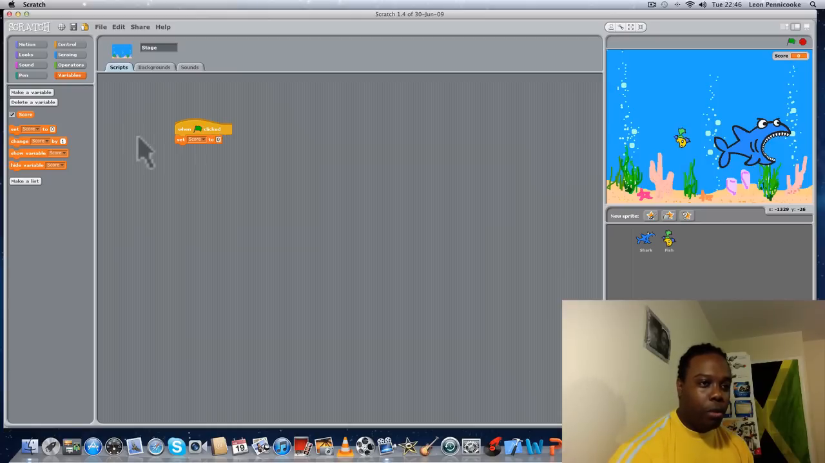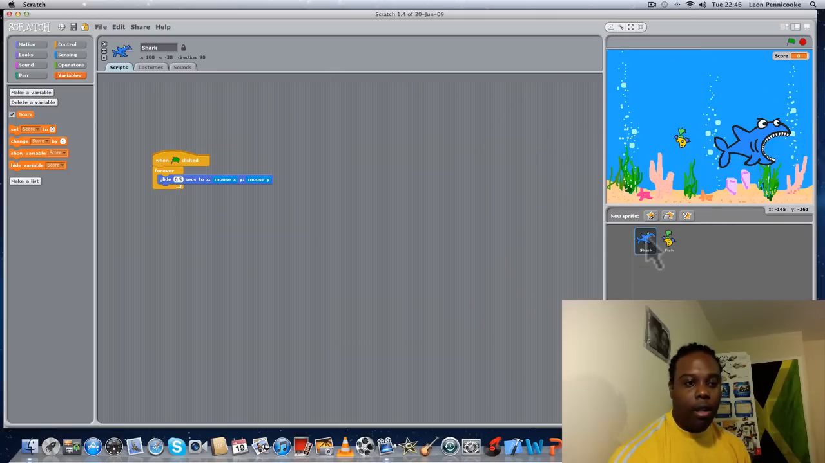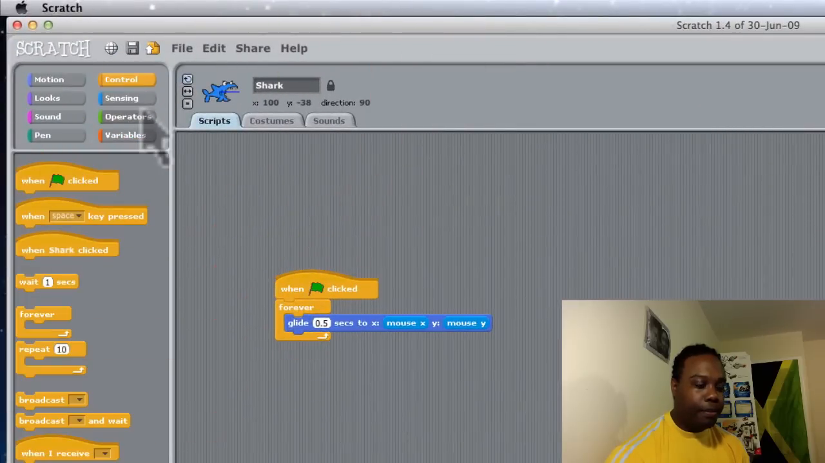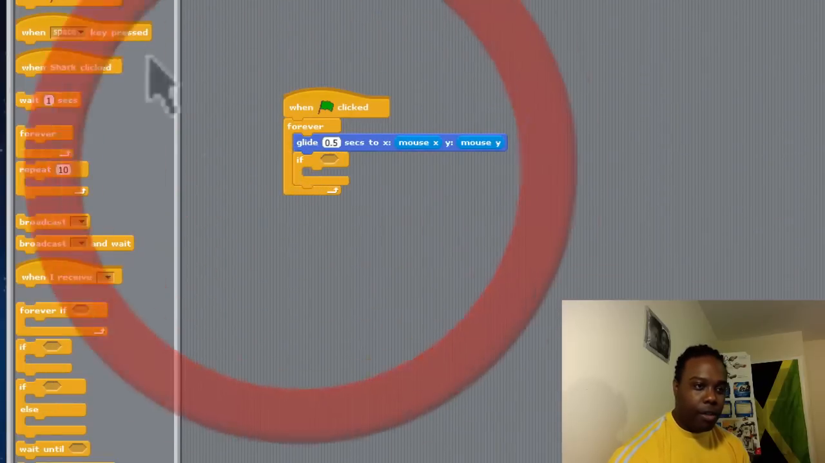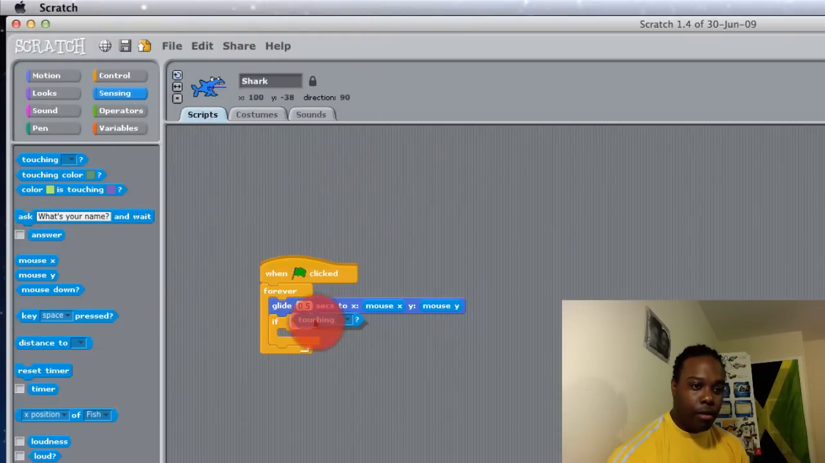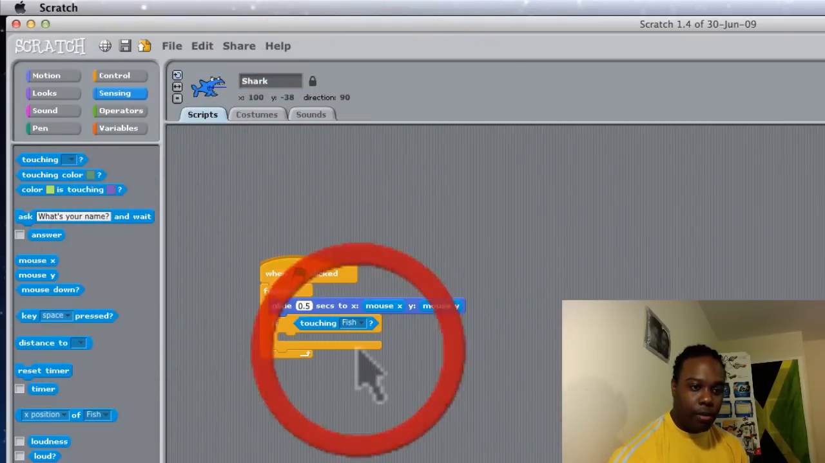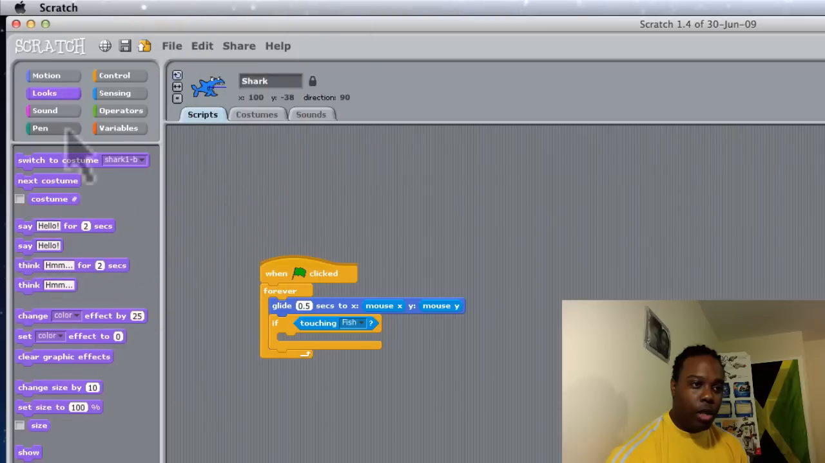Right, so next I want to program the shark so that if it is touching the fish, he will change costume to grab the fish and also add a point. So let's do that now. So go back to control and I'm going to put the if in. So if the shark is sensing touching the fish, he should change, go to looks, change to the new costume, and also